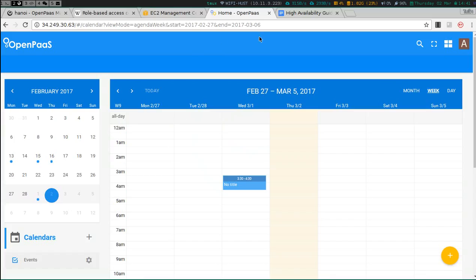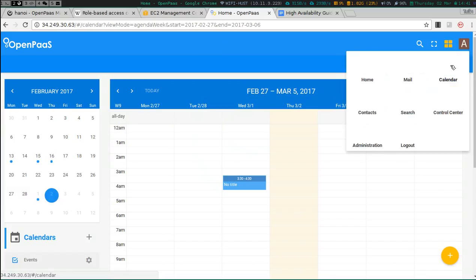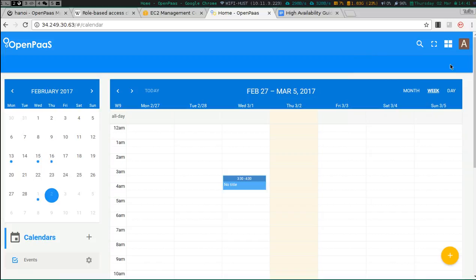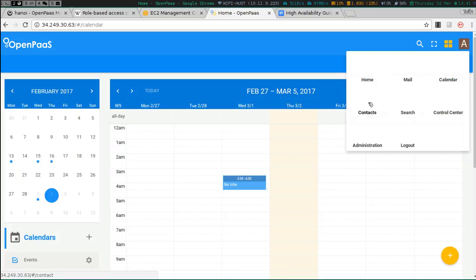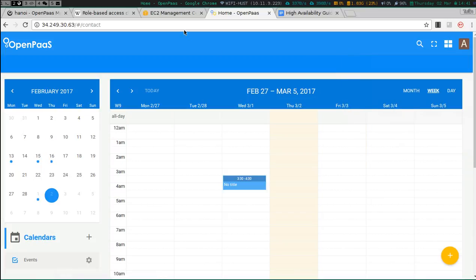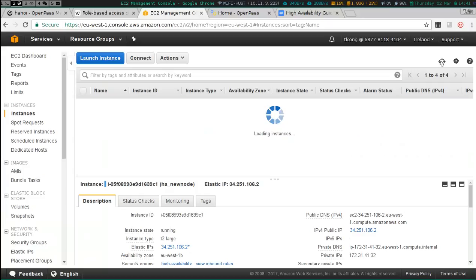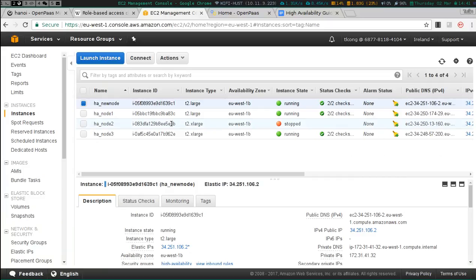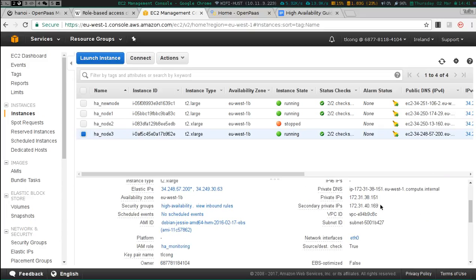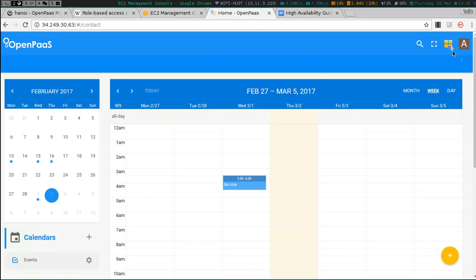So I will try to connect. I will refresh and check node 2 is stopped, and node 3 has been reassigned the IP. But here